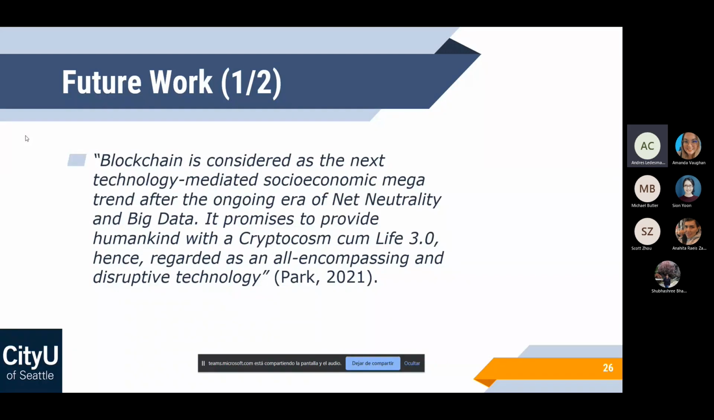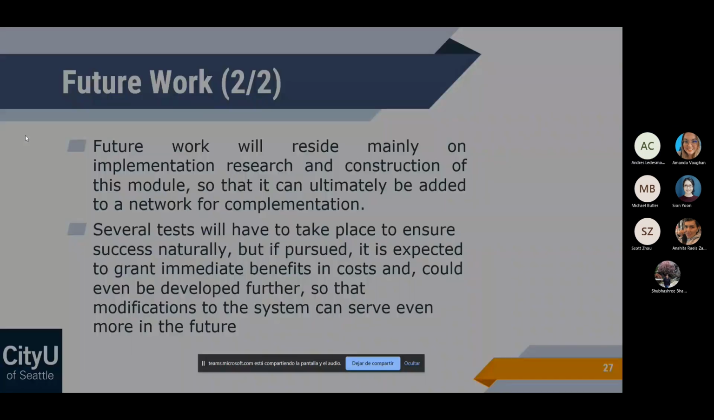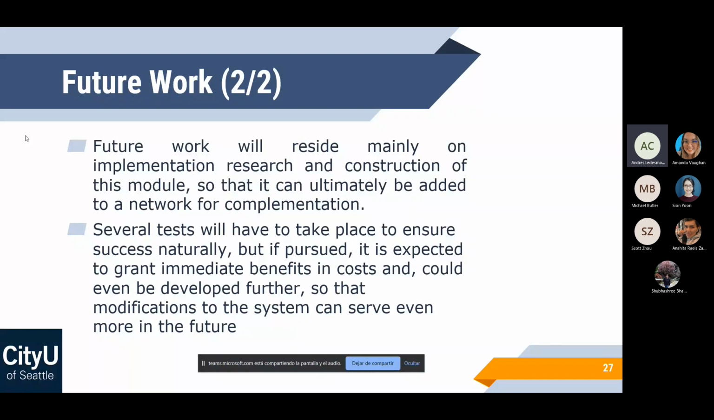As future work, it has to be considered that this technology is expected to have great results. Of course, as we all know, as time goes by, humanity ultimately finds new technologies. So this one could be replaced eventually, but the main thing here is that we exploit disadvantages in a way that it can become worldwide. So the future work will mainly reside on the implementation research and either construction of this specific model or modification